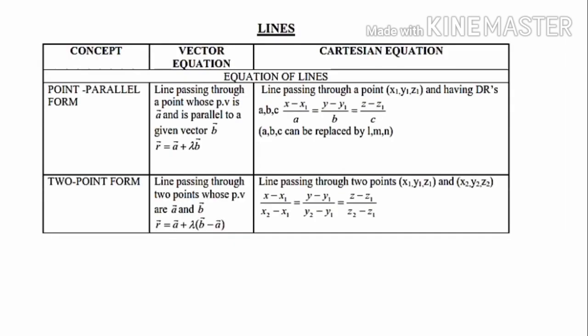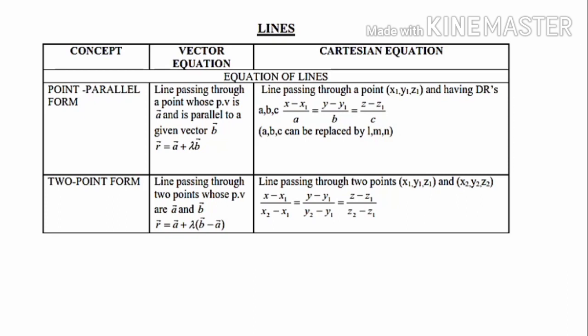Before starting the session, let's recall the formulae of lines in a plane. The first one is the point-parallel form. The vector equation is r = a + λb, and the Cartesian equation is (x − x1)/a = (y − y1)/b = (z − z1)/c. Here a, b, c are the direction ratios. Instead of direction ratios, if direction cosines are given, a, b, c can be replaced by l, m and